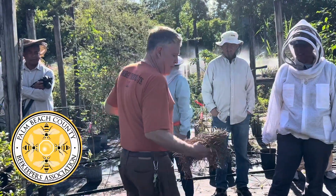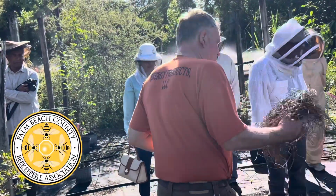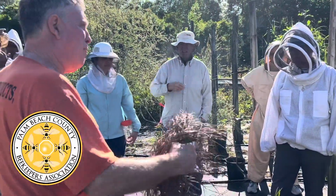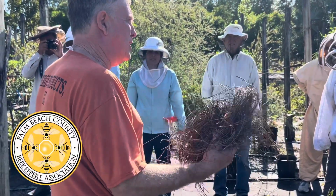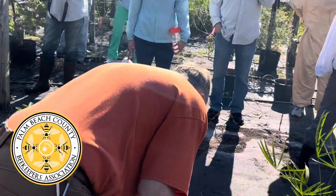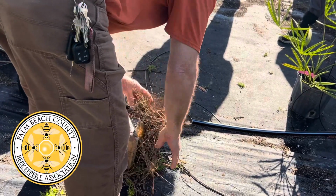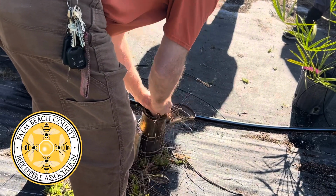Now, when I pack them, you can do it one of two ways. You can just use pine needles, or you can use the pellets and pine needles. What I would do is a handful of pine needles, a little handful of the pellets, and just keep alternating until the unit's full. Basically, I just pack it in there. My hands are like leather, so I usually don't get stuck. If your hands are gentle, not calloused,